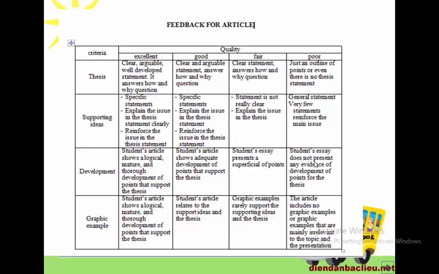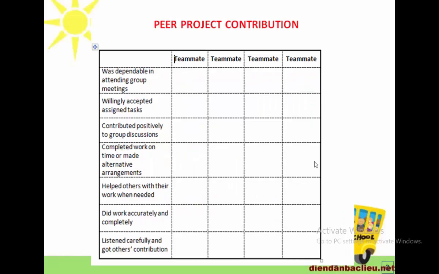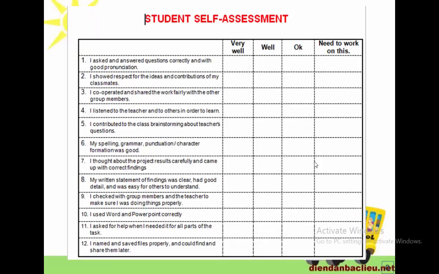The third part of the assessment is peer feedback assessment. I give it to my students to help them objectively observe their own work and others' in their group, to make sure they can collaborate effectively. And finally is their self-assessment. Students can consider their own work as well as their partner's to improve themselves.